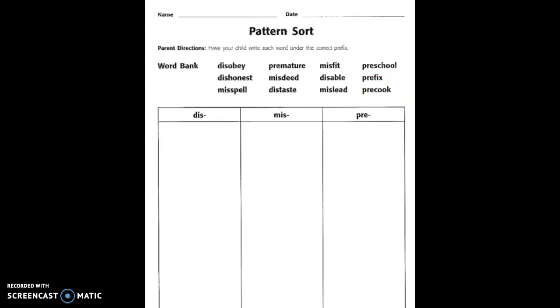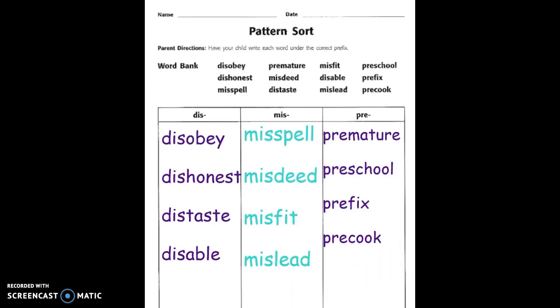Write the words in the correct category with your pencil. Pause the video while you do that. When you are finished writing all the words, unpause the video so that you can check your answers and see how you did. If you have all the words written in the different categories, dis, miss, and pre, then you are ready to